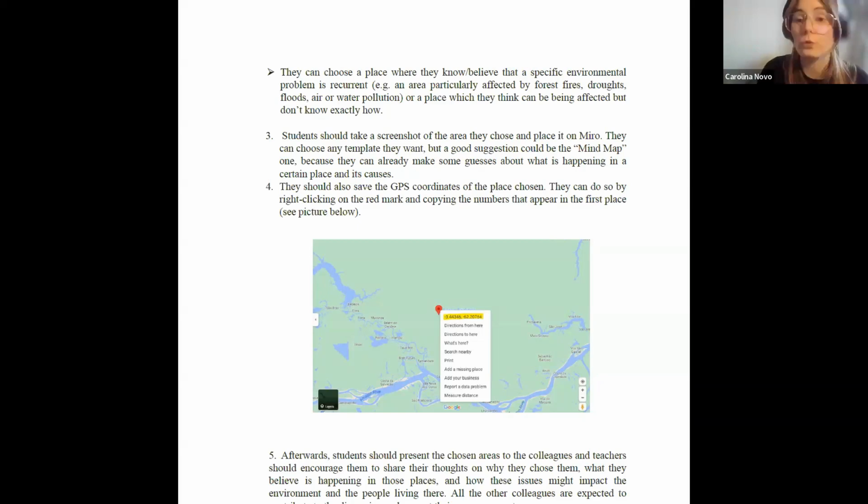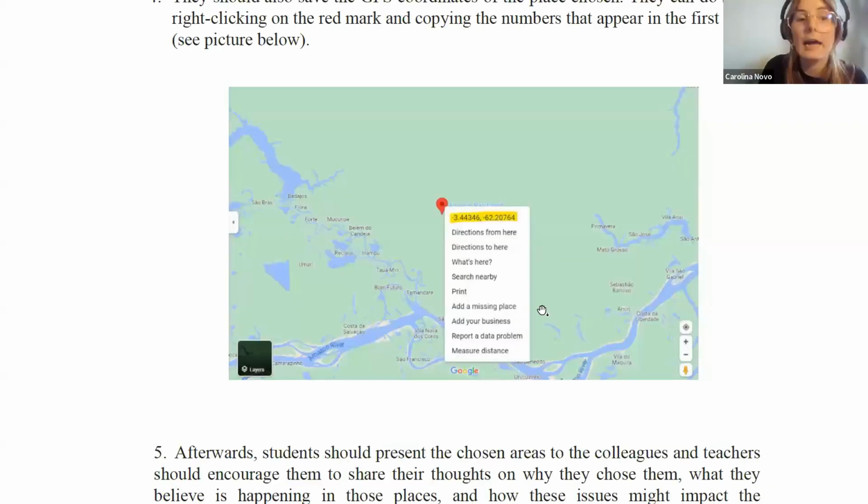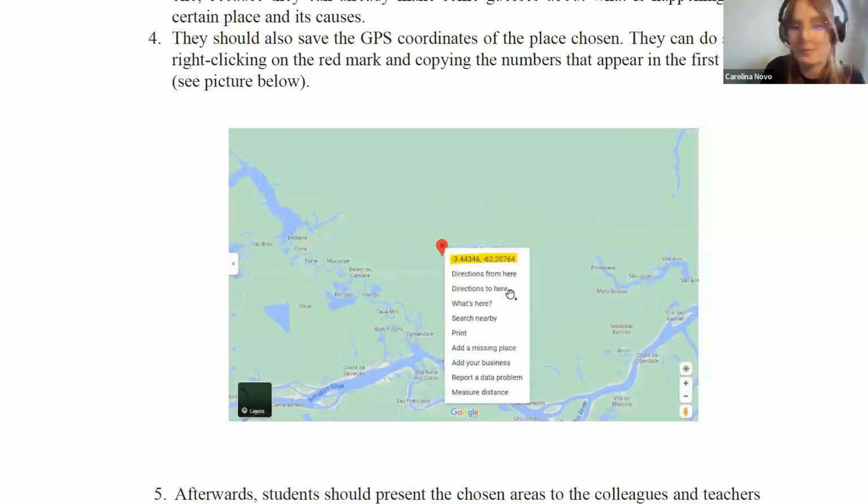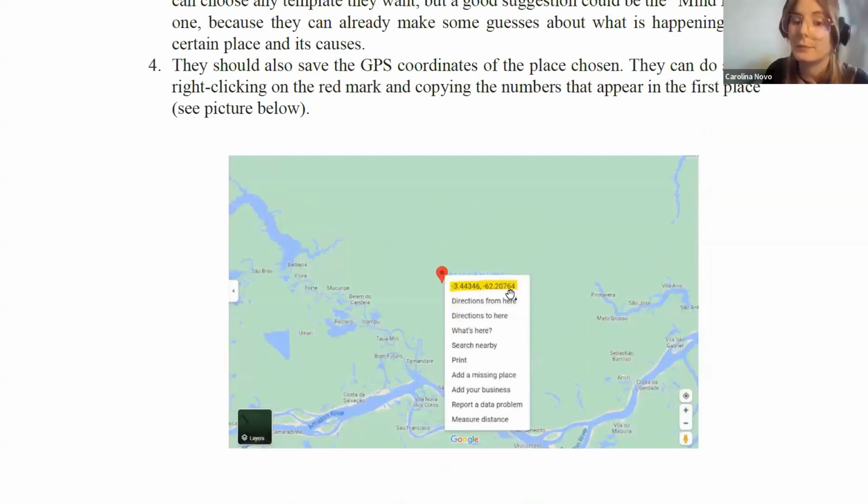So they go to this place which they believe is affected by climate change. They take a screenshot or a picture of the place, as you can see, for example, here. And what we ask them is to save the coordinates, the GPS coordinates of the place they chose.